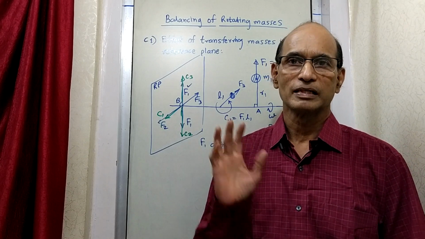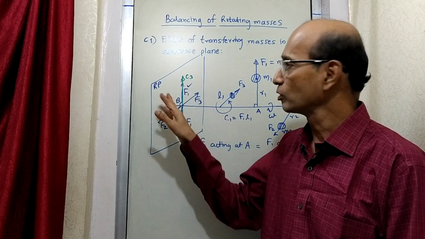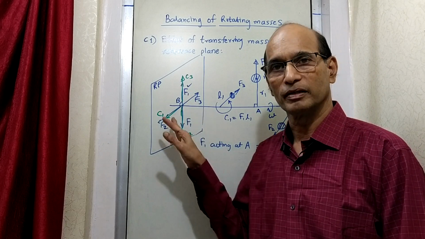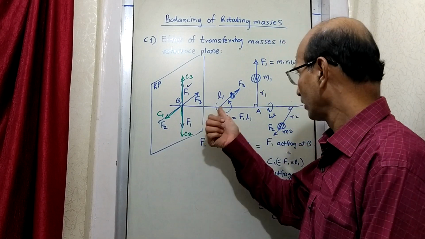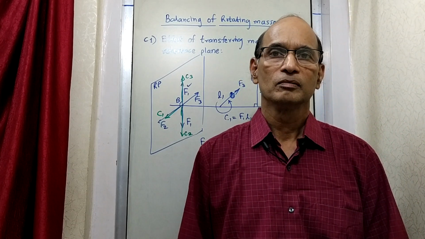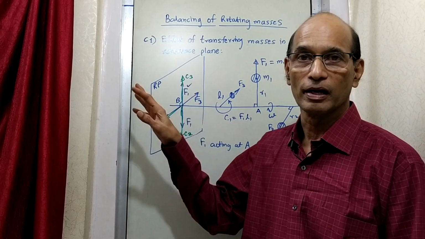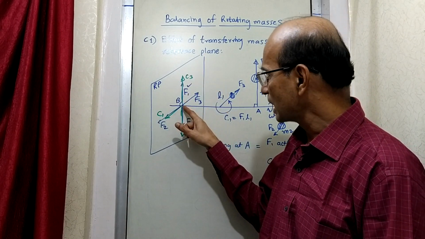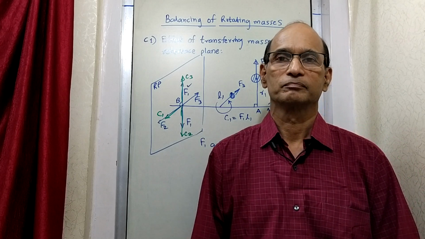So just try to understand what we have done. Three forces here is the same as three forces in one plane plus three couples also in the same plane. And that we have done by whatever is discussed earlier. Now because of this, the problem is equivalent to saying that there are three forces acting at one point and there are three couples acting at one point.